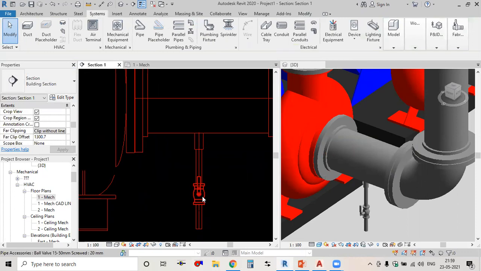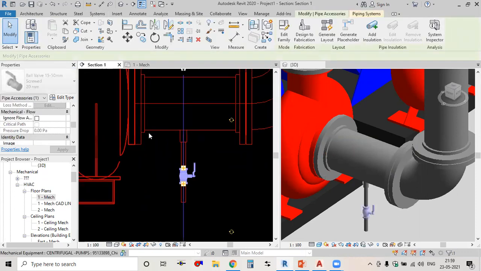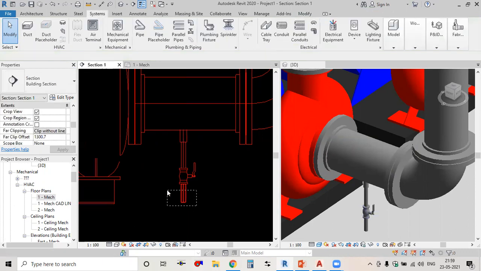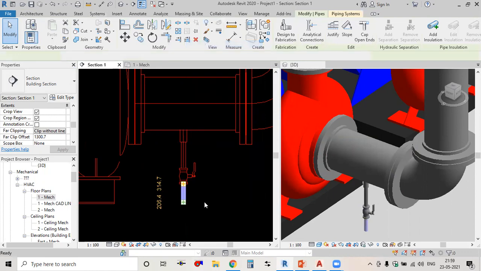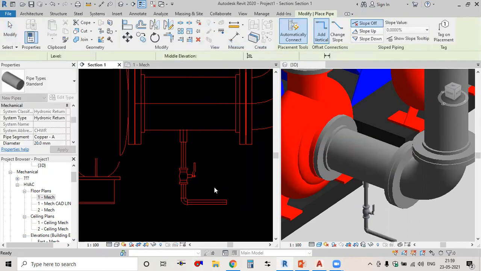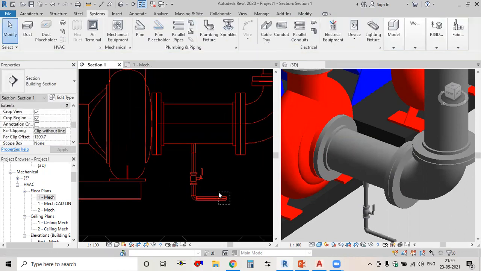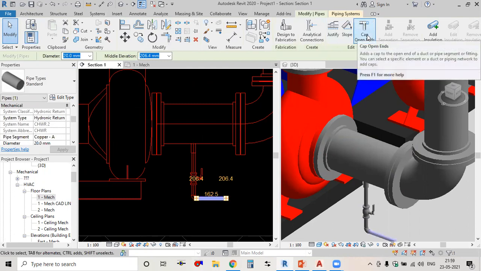You can change the orientation with the help of these rotation icons. Then just select this pipe, right click, draw pipe, and just move it up to here. And you can cap this. Select this, and here's the option for cap ends.